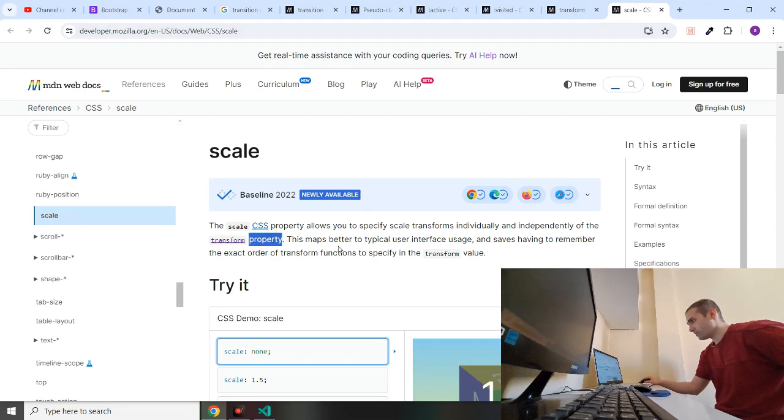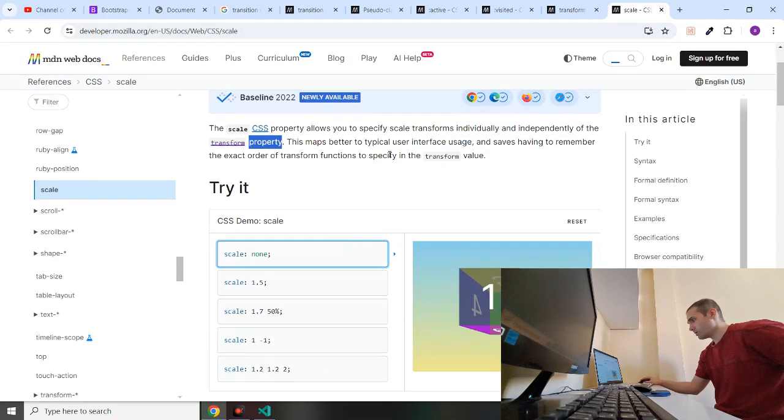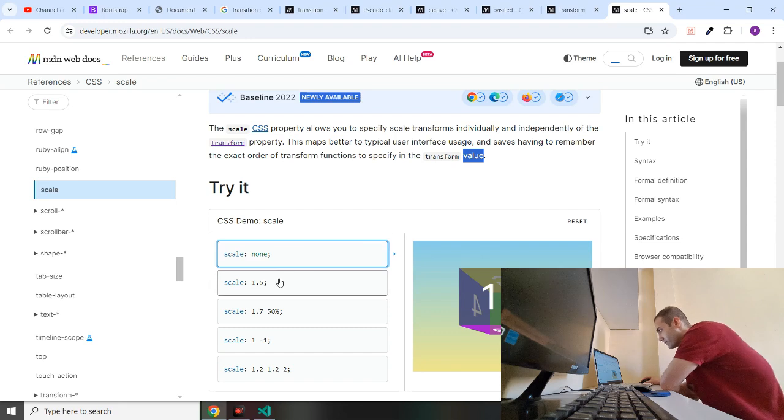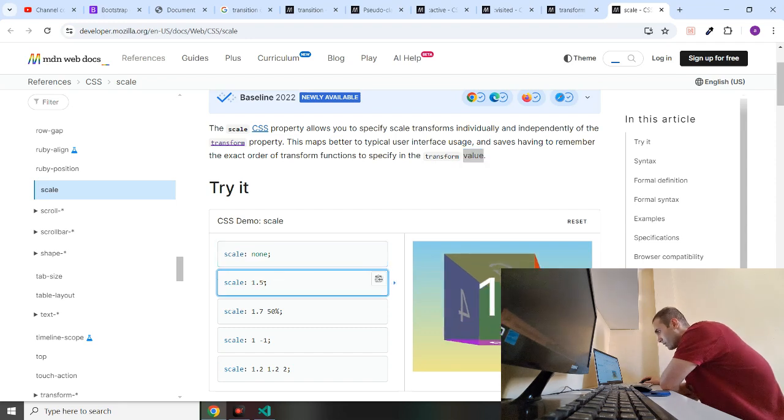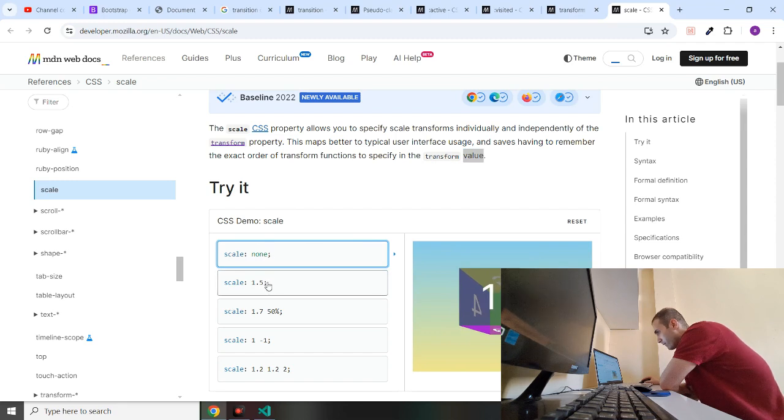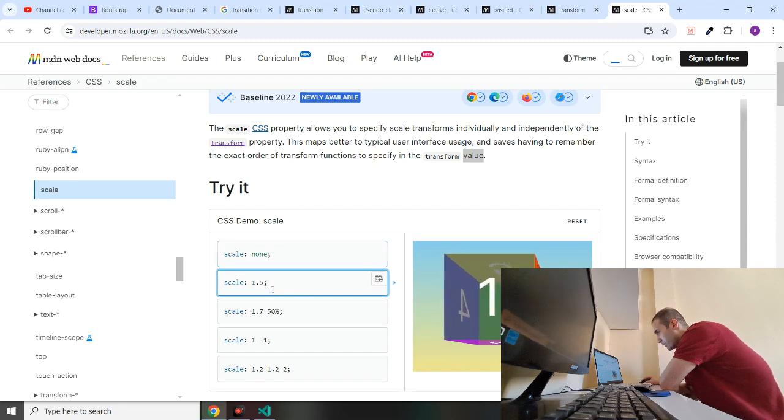This maps better to typical usage and saves having to remember the exact order of transform functions to specify in the transform value. Scale none. So it's like a cube. If I say scale 1.5,